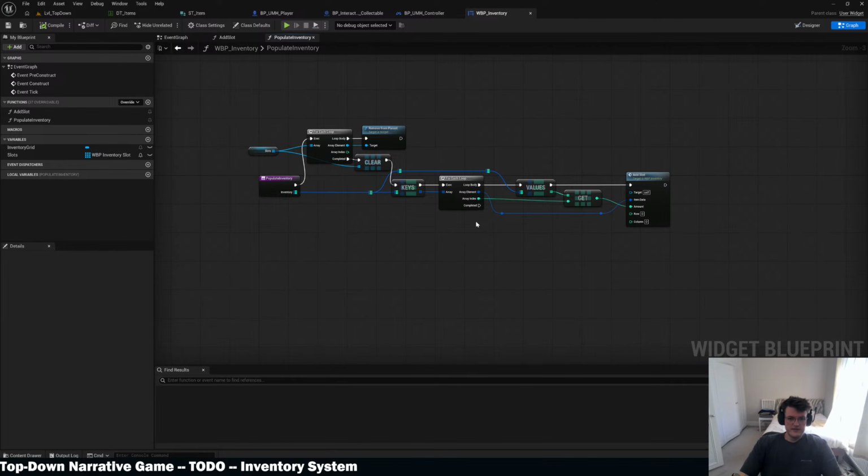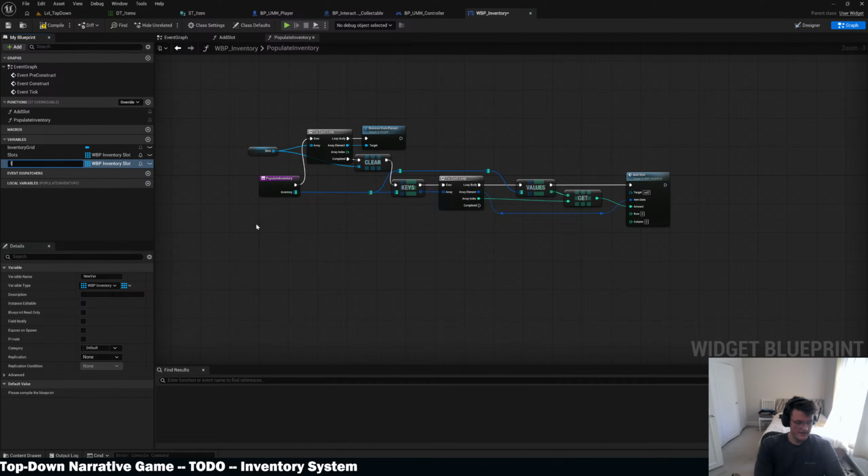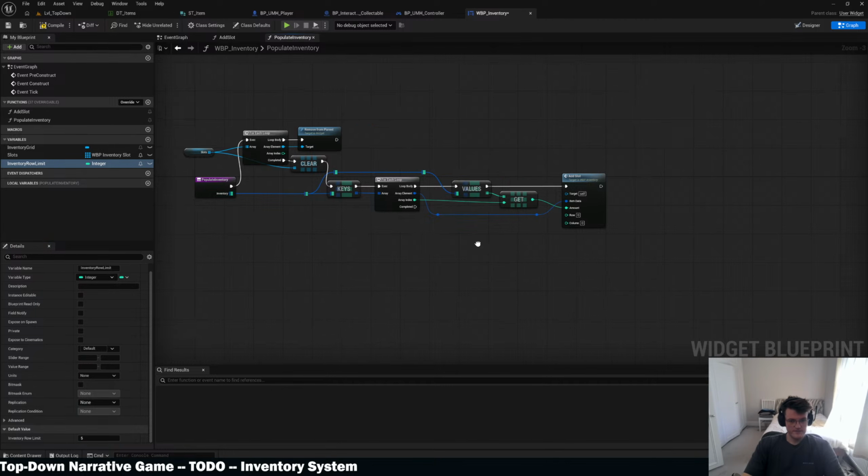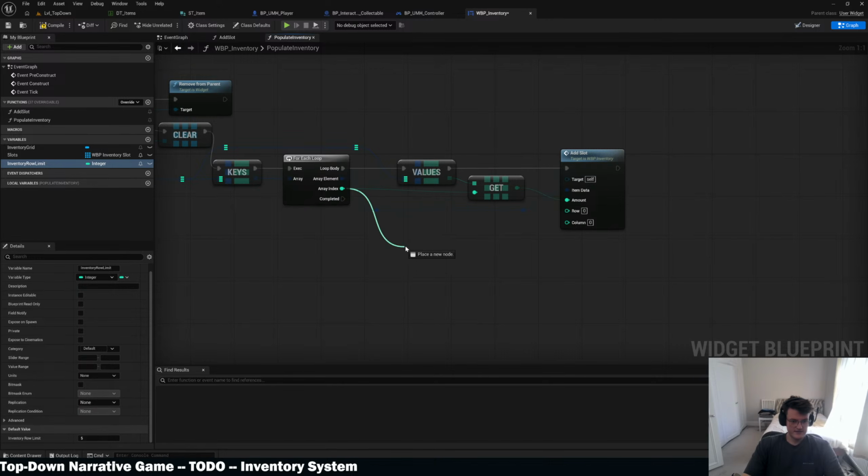So what we need to do now is, based on our index, so we should say inventory row limit, which is just going to be an integer type. And this is just a variable that we use. And we'll say that this at the moment is 5. So now our index in row,